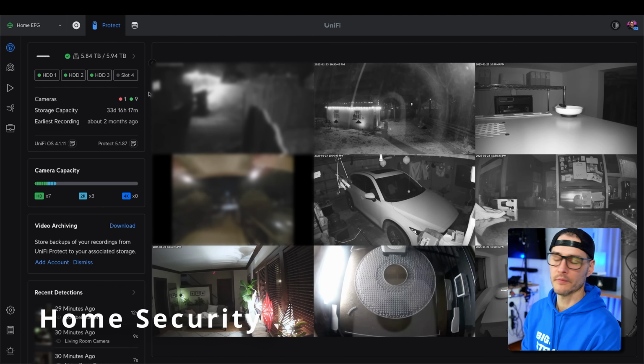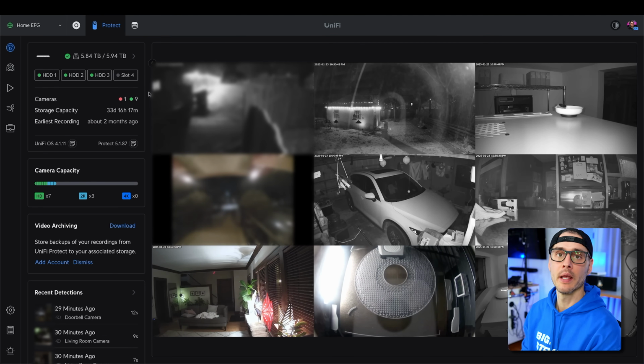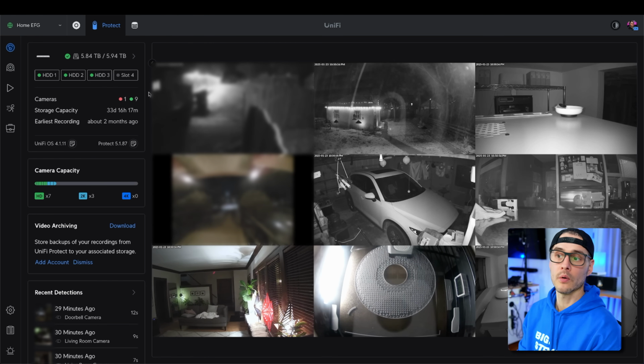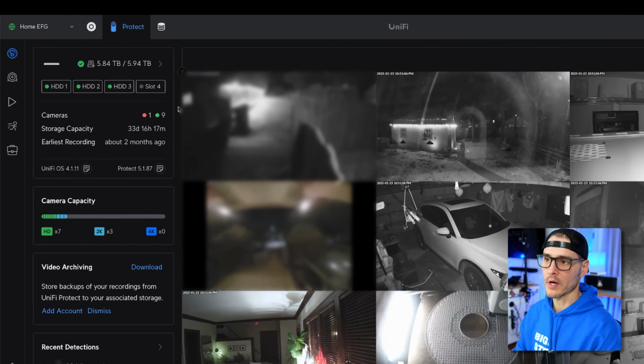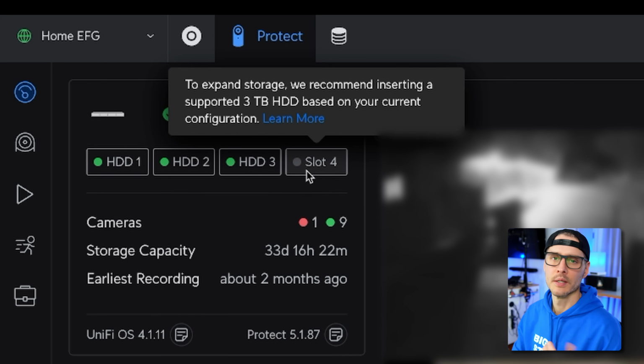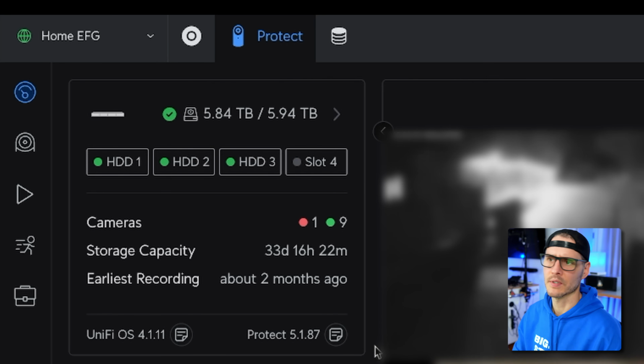For home security, I'm using Unified Protect. Huge fan of Unified Protect. It's such a great application. And on top of that, their cameras are relatively cheap for what you get. And on top of that, it's all local. So all of this is recording local on my NVR. Now, I used to have that UDM SE that had 1 drive in there, but I ended up buying an NVR and that has 4 drives. So you can see that my storage capacity right now is going back 33 days. It's pretty good. I need to add another drive in here and I could probably get some more storage, but 33 days for almost 10 cameras is pretty good.